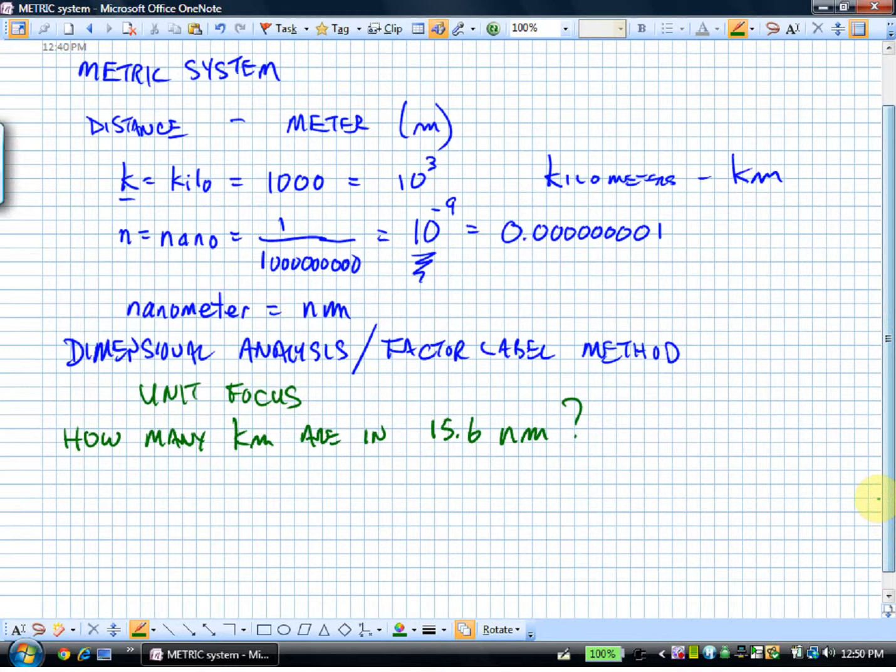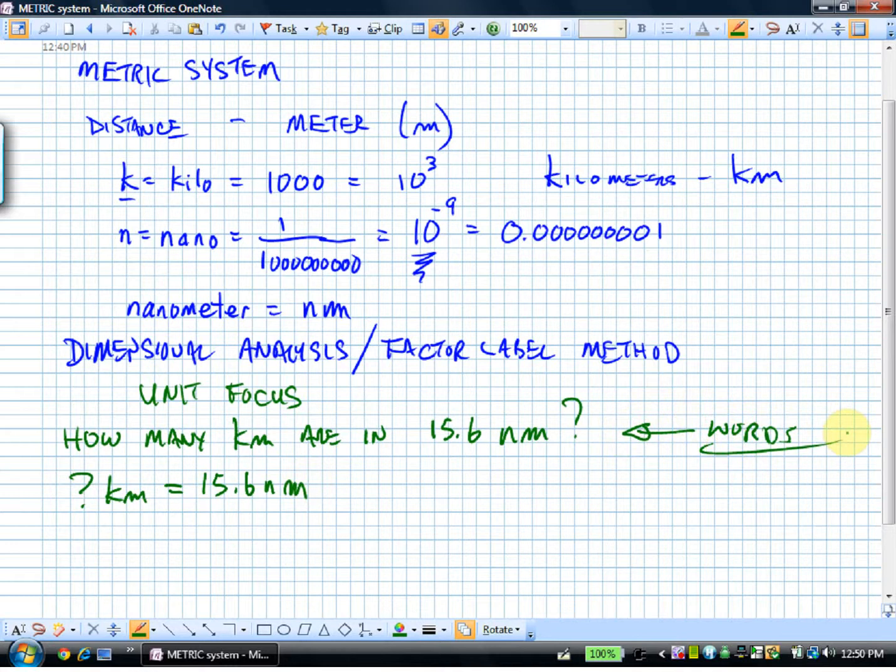We've worked some of these at the beginning of the year. Again, first step in the problem solving is to rewrite the question. How many kilometers are in 15.6 nanometers? And again, as I've emphasized in class, I can't say enough about the fact that this is the most important step. To take the words,